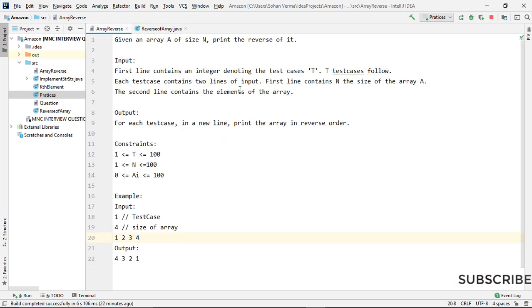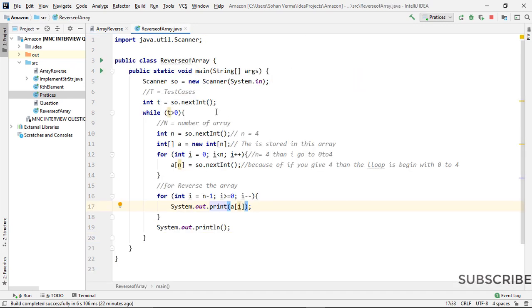First, in T we take the test cases, how many tasks you have to perform, and while T is greater than 0, the loop begins. Inside, we give the size of the array, store n elements in the array with a loop from 0 to n, and then we reverse in the next loop.